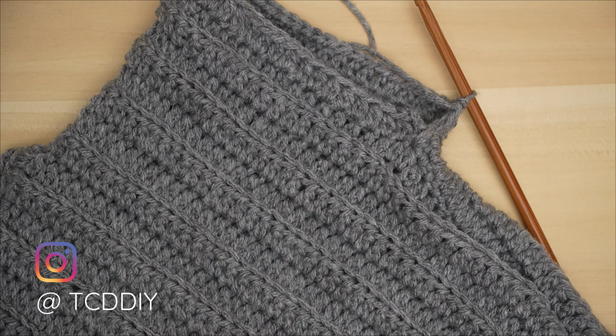We are back and our first 3 rows are complete. We're now going to work into the base again the same way we just did. So finding that next available stitch into the base, insert with a slip stitch. Then to work our way up to the following row, slip stitch into that next stitch into the base, flip